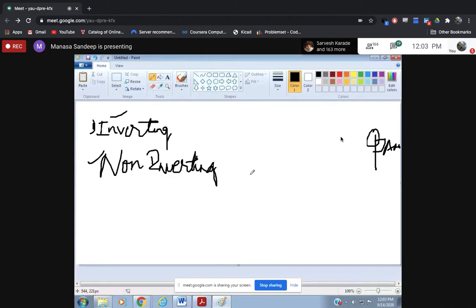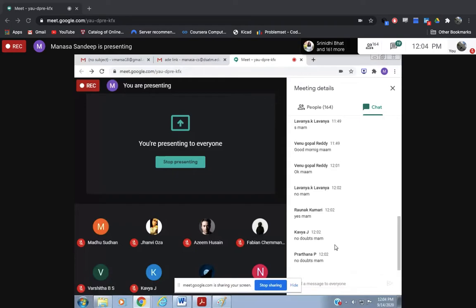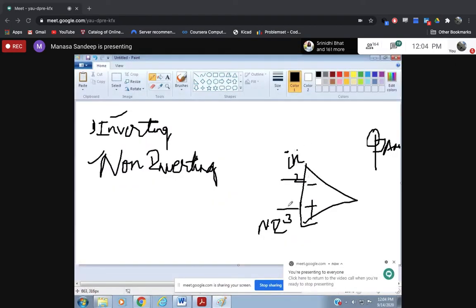What is the meaning of this? Guys, everybody knows this op-amp, right? It is not a new circuit and you know it very well. This op-amp has two input terminals. One is the inverting terminal, which is pin number 2 or 3, I don't remember. Let's assume the non-inverting is 3. If any one of you remembers and I'm wrong, you can correct me. So let's assume something like this: the inverting terminal and the non-inverting terminal.